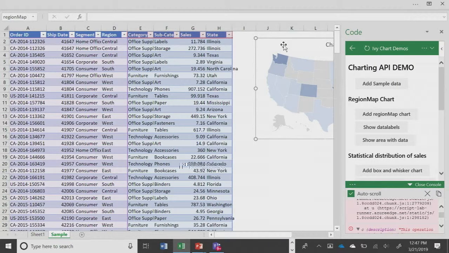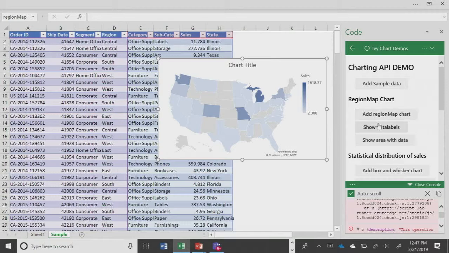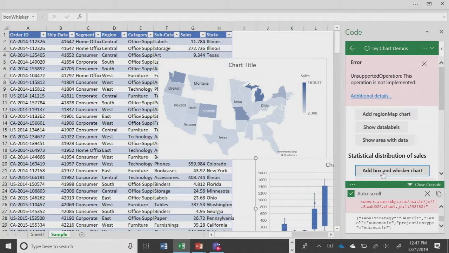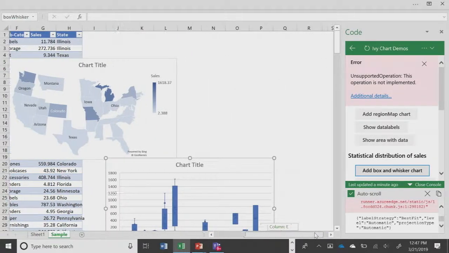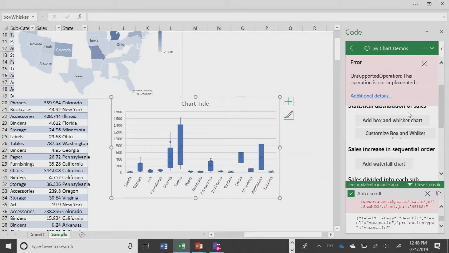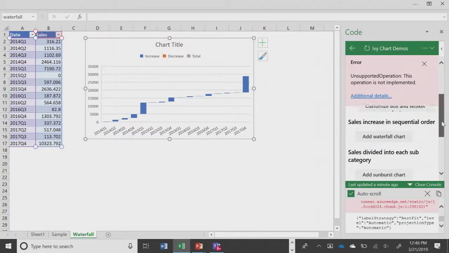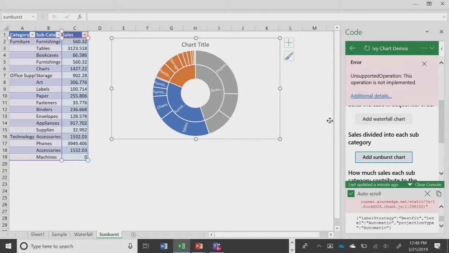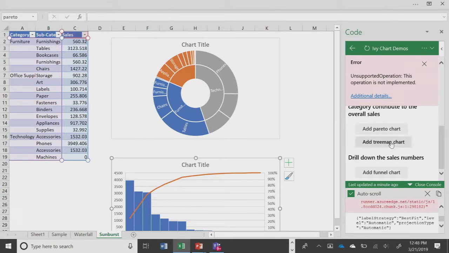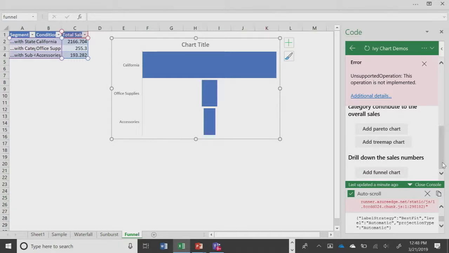But what you can see then is that we actually have the ability now to add all kinds of very rich charts. We have the ability to add labels. We can actually create all kinds of amazing charts now, including whisker charts. And I'm sorry, because it looks like the resolution here is going to mean that I'm going to have to move around a little bit to show you what's going on as we do it. But there is a very rich set now of charts that we can create, and the ability to customize all these charts and allow anybody, frankly, to create these charts is really, really rich, and it's really, really interesting. And it's really, really possible to do all this right here within a tool as simple as ScriptLab.